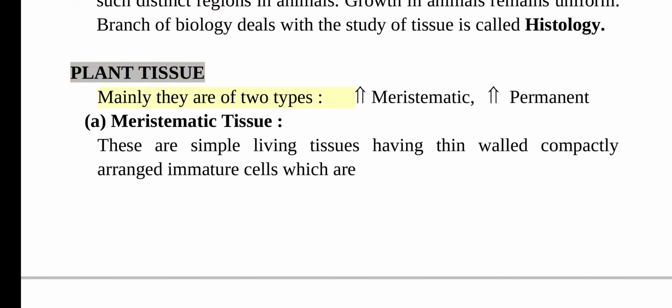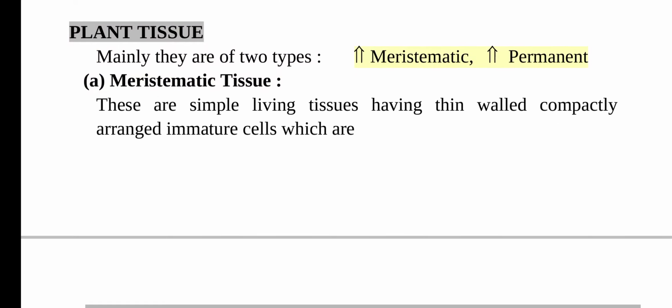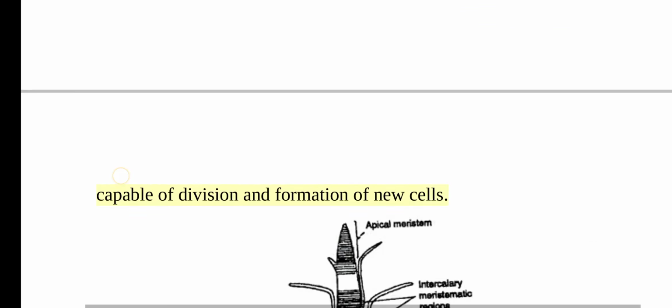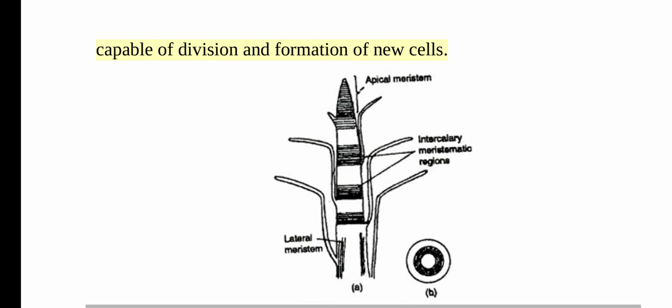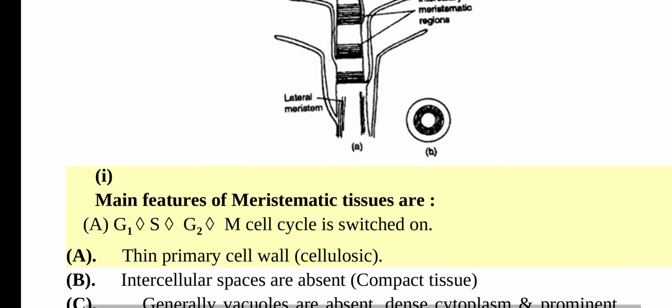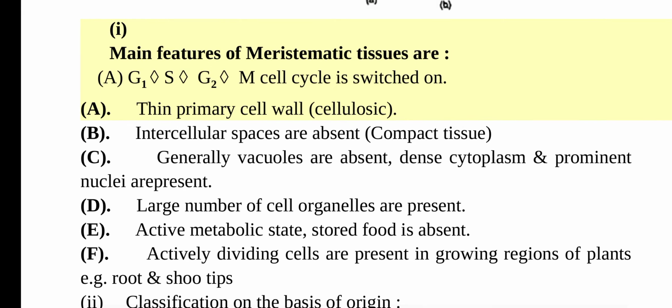Plant tissue. Mainly they are of two types: A. Meristematic tissue, and B. Permanent tissue. Meristematic tissues are simple living tissues having thin-walled, compactly arranged immature cells which are capable of division and formation of new cells. Main features of meristematic tissues are: